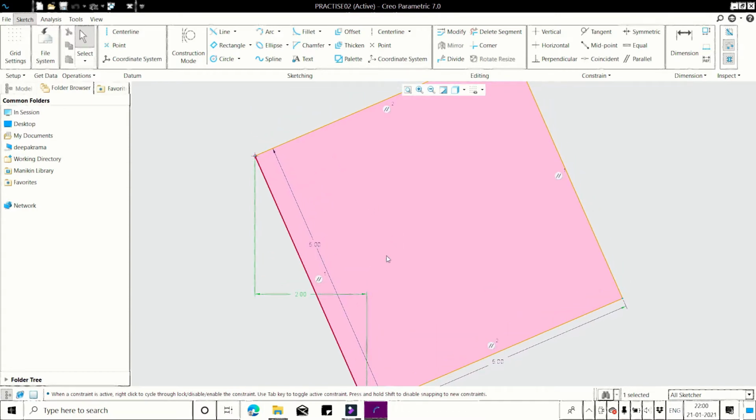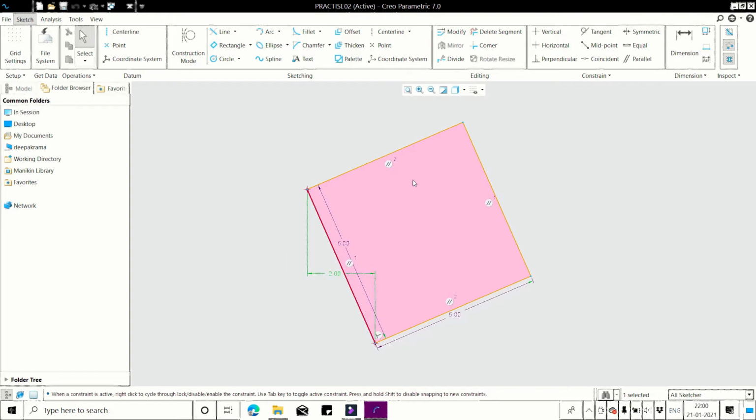See, the angle of creation of this total rectangle is changed. Now I will give it as 10.